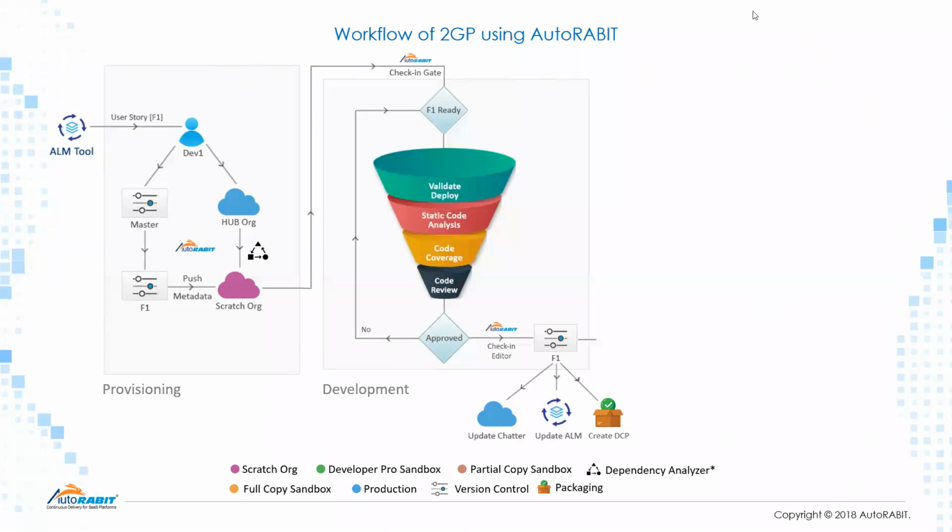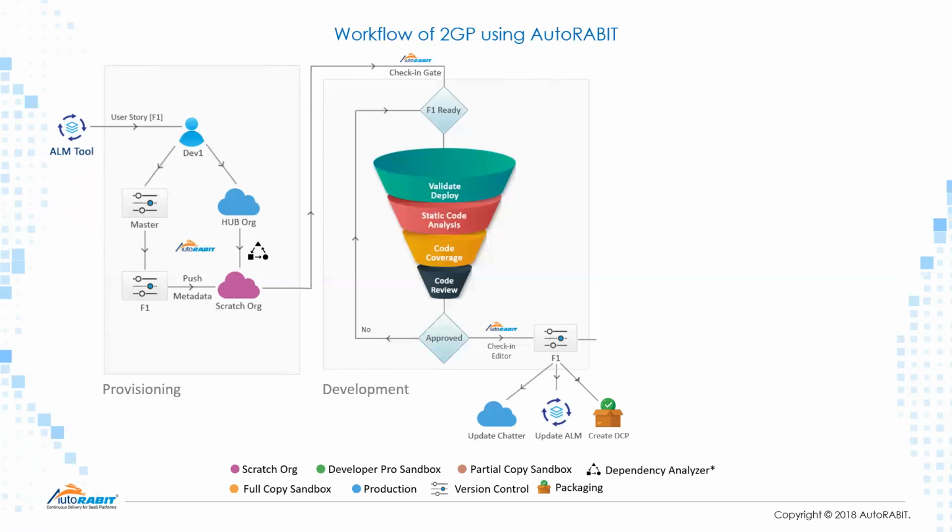And then you can also have peer-to-peer code review, where one of your team leaders or one of the business members is validating the output and saying that, hey, this is what I exactly expected. So once the sanity gate is approved, and this is a manual approval process where a team leader or another peer should review his code and approve it for that code to be checked into the feature one branch. So from the scratch org, the developer has created